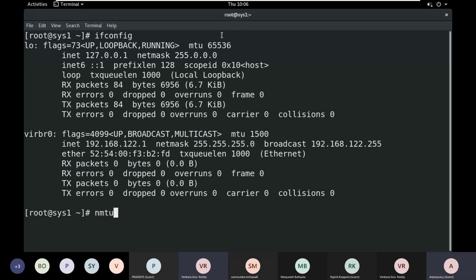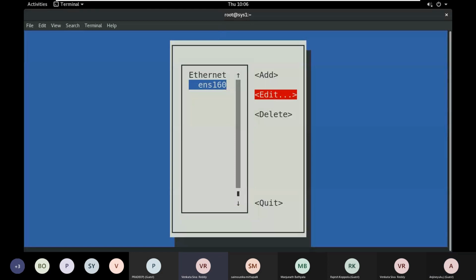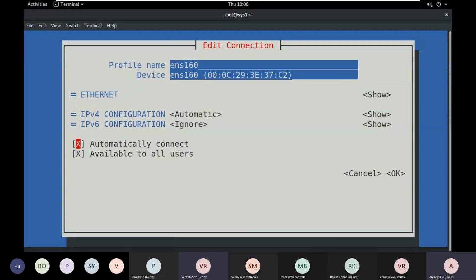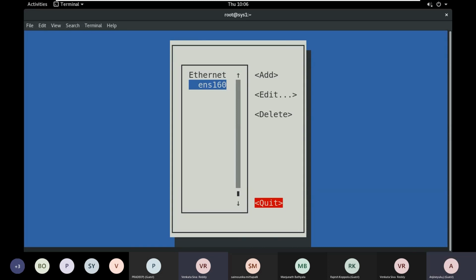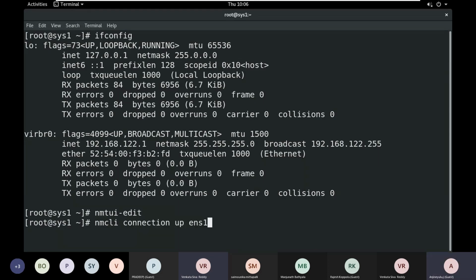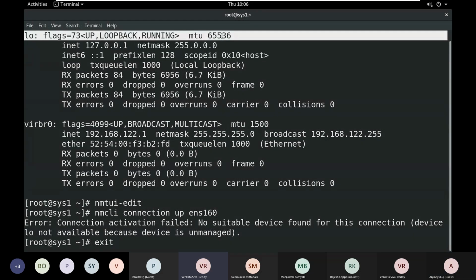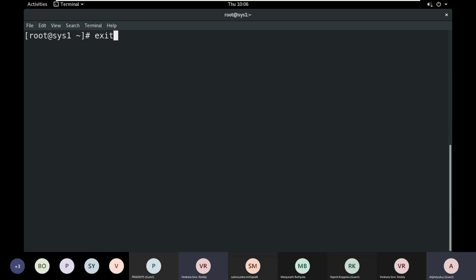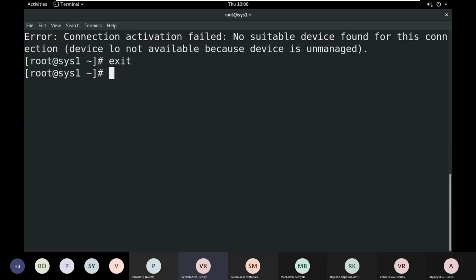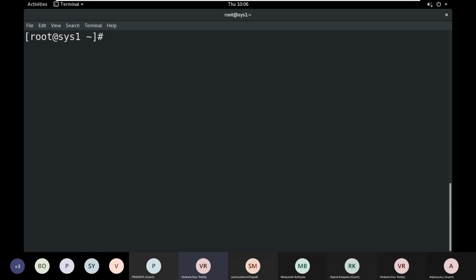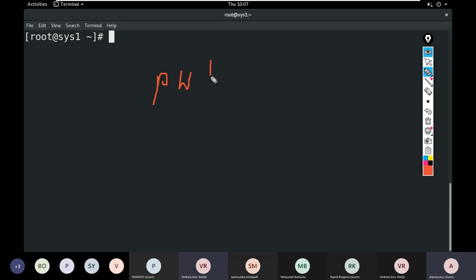See, how can you find out where we are working? By using the pwd command, we can find out where we are working.